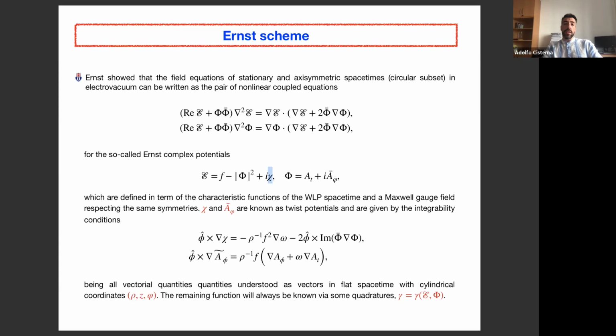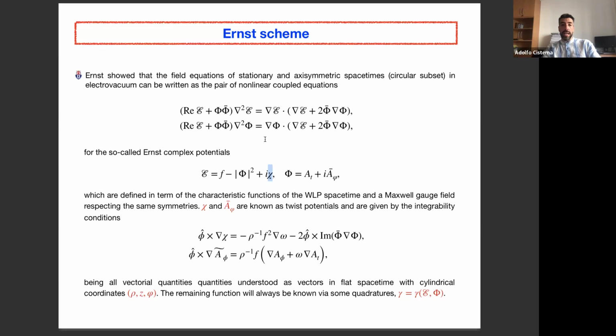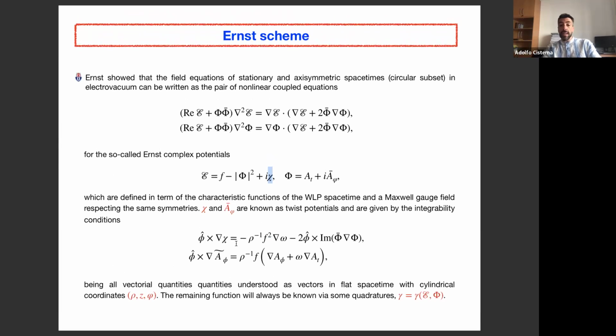All these vectorial operators you see here, the divergences, the Laplacian, and all of these curls, are defined on a space-time with cylindrical symmetry, in a flat space-time with cylindrical symmetry. So this is nice because you somehow decouple time from your field equations due to the symmetries of your space-time, and you projected the Einstein-Maxwell equations of this four-dimensional curved space-time into a three-dimensional space-time, which is given in cylindrical coordinates.